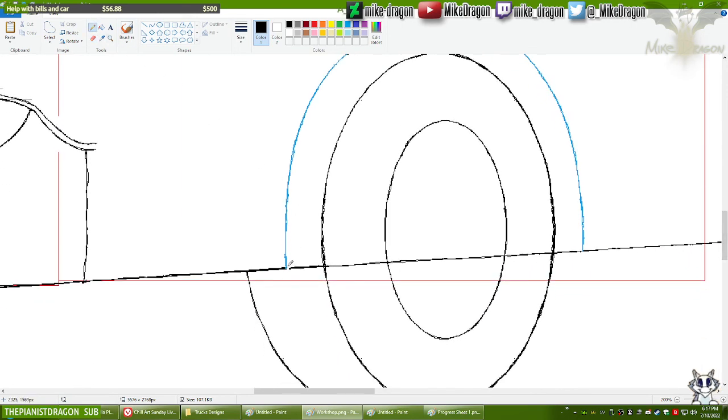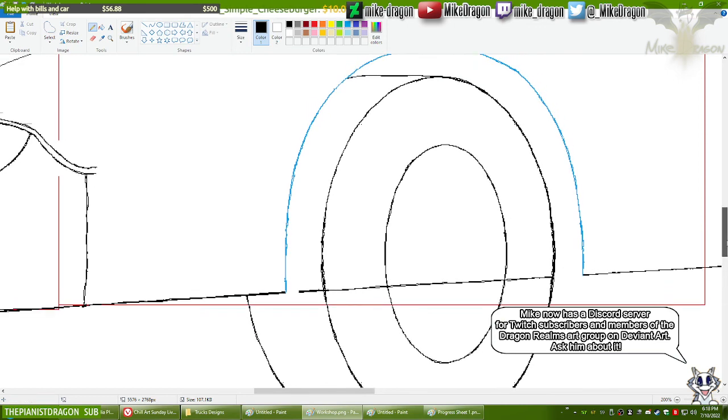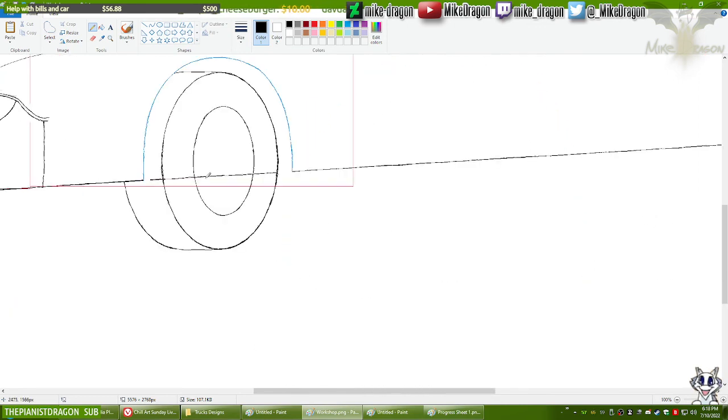And remove the line from right here. Yeah, I'm not going to bother with this line here, and never mind, I actually will bother with that line there.